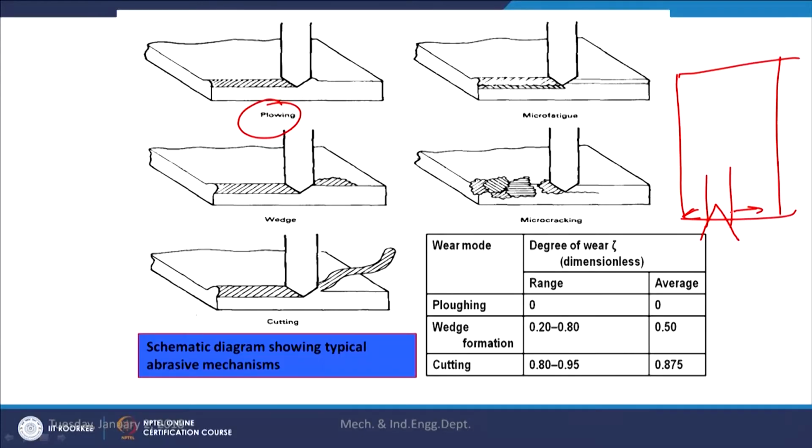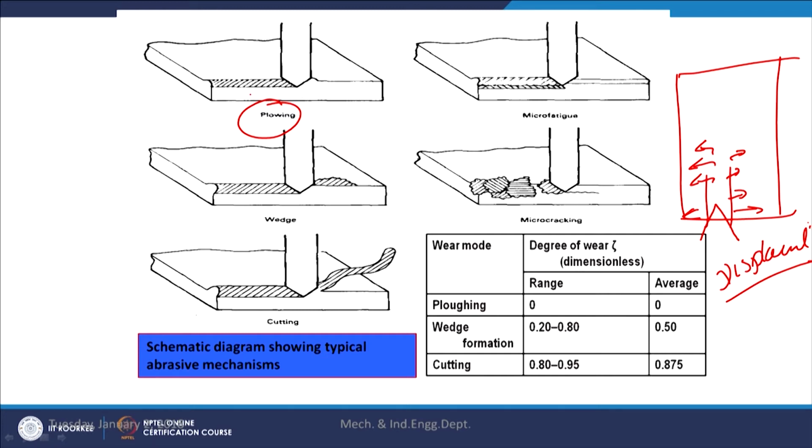So, in these cases, this is one ploughing mechanism where over the soft metal we forcefully penetrate one tool. So, the material is displaced sidewise, and once the tool keeps on moving or the abrasive particle keeps on moving, this phenomenon will keep on displacing the material sidewise from the path of the particle. In this case, there is no major removal of the material, only the displacement of the material takes place.